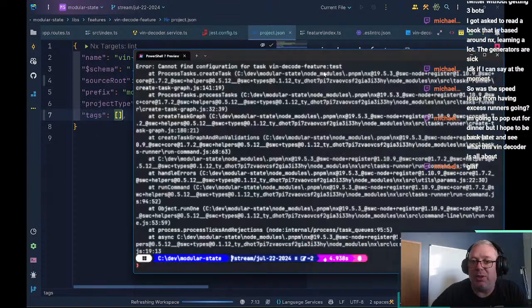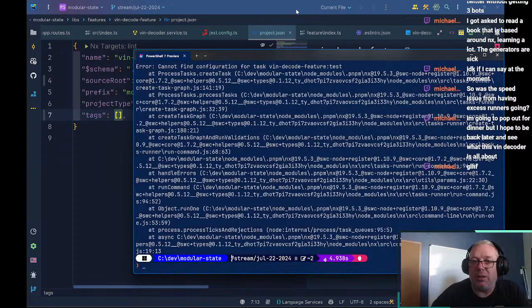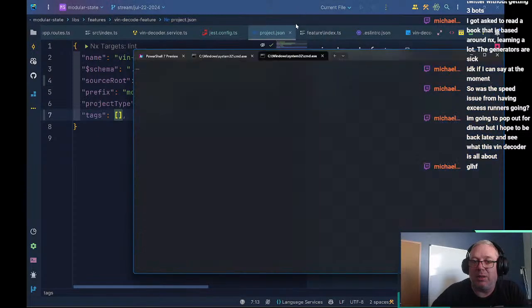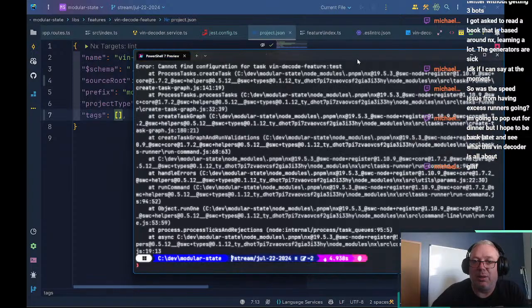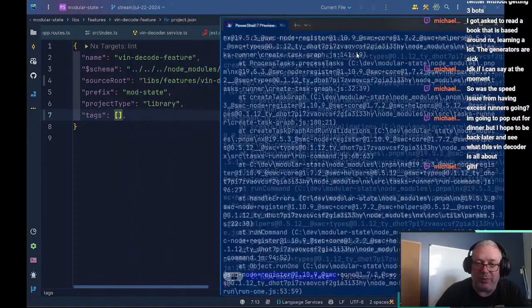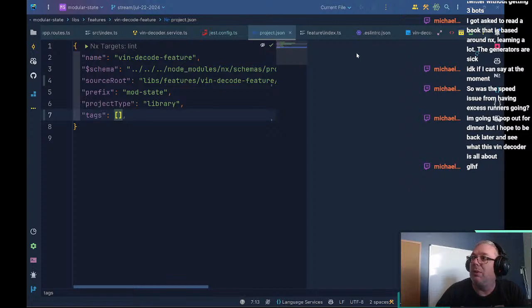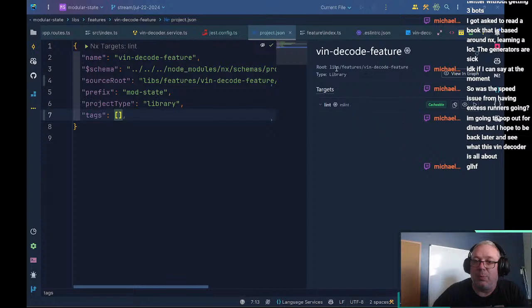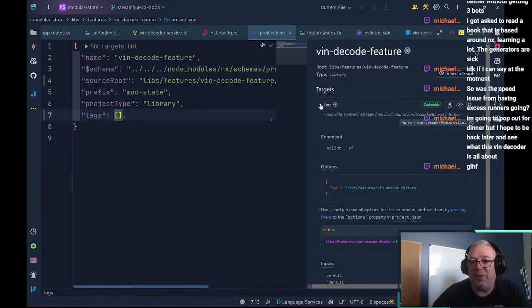Okay, we're gonna move this over to the other window. But now we can see that my root is libs features Vin decode feature, which we set here, which is the right root, the library. It's picking up the lint target,